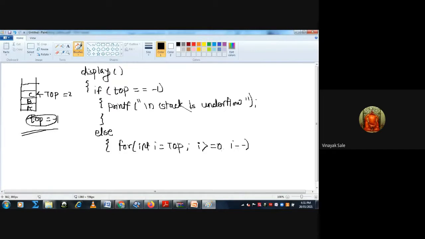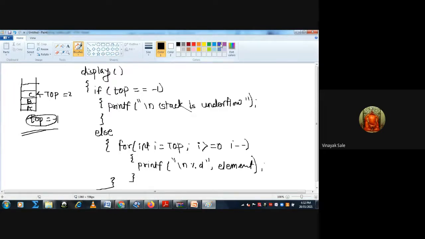So i is equal to top. So printf "\n %d", element, then bracket complete, then bracket complete.